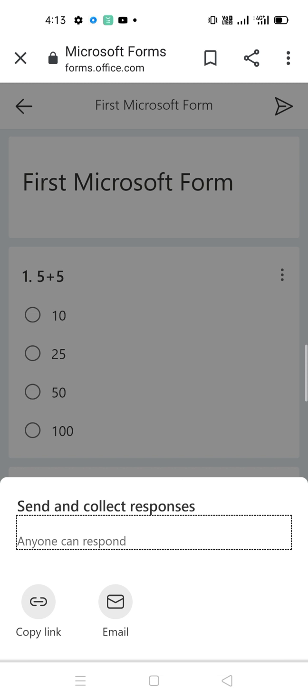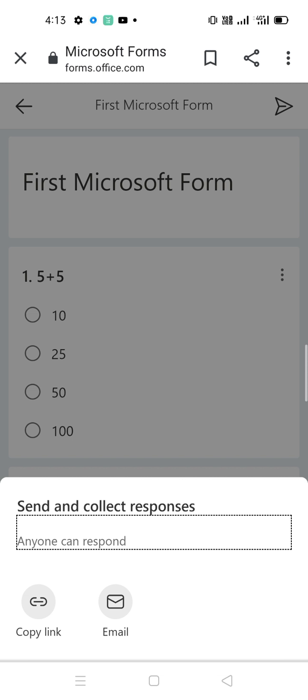There will be written 'type a message'. You have to click on it, the keyboard will appear. Then you have to click on this type message. You have to press on it for some time, and then release your finger, and then there will be an option known as paste. So click on paste, your link will be pasted there, and that is the link of your Microsoft form. Then click on the send option. The link of the Microsoft form will be shared with that person or with that chat you have shared.